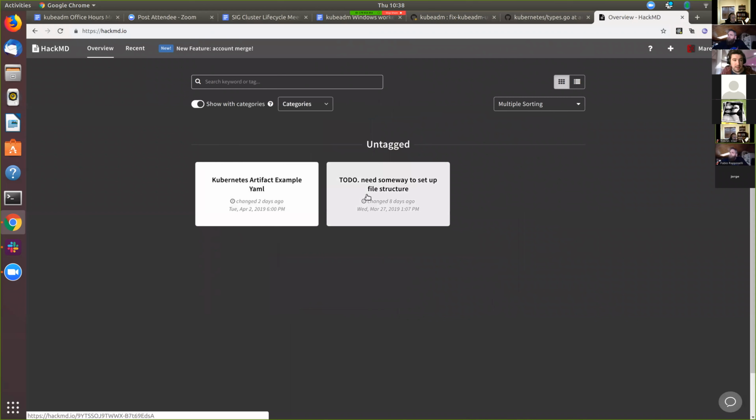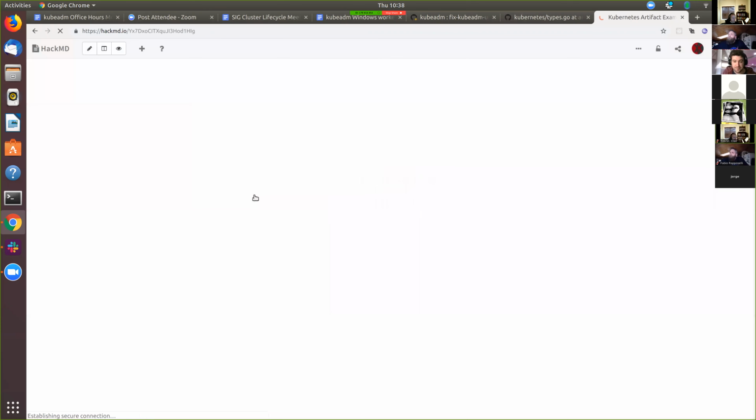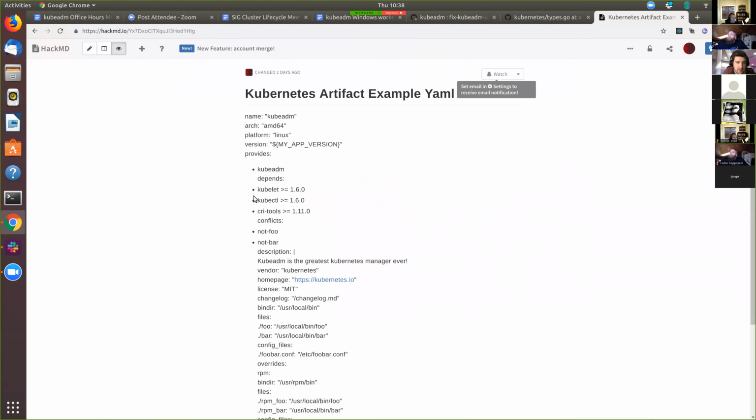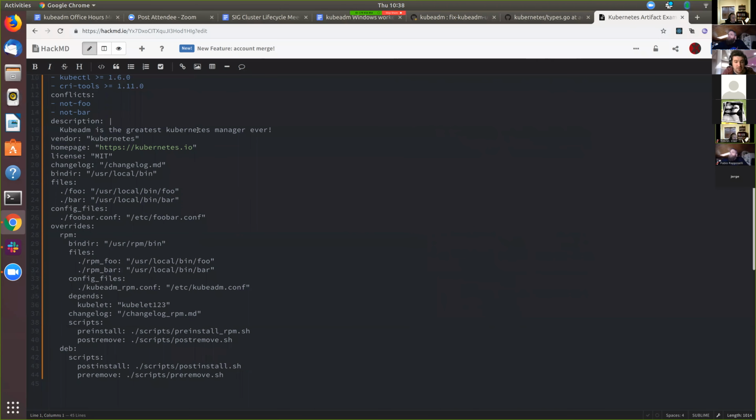So if this is the YAML file, what you can do is do overrides. So this was my way of fixing that. Basically, these are the generic ones. This is what we're going to say works for both things. And the overrides are things that are specific to RPM, or the depends, maybe this needs to depend on